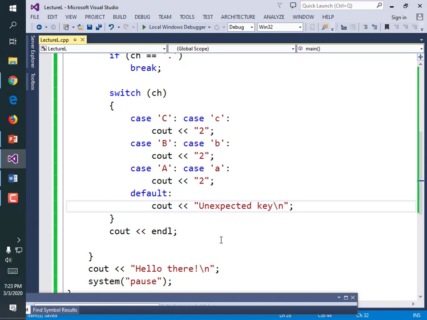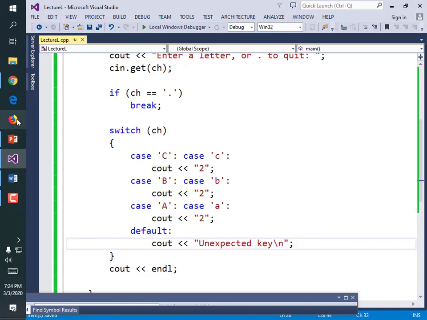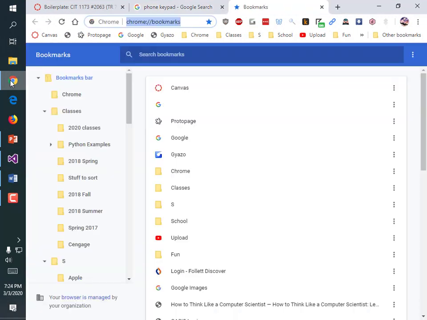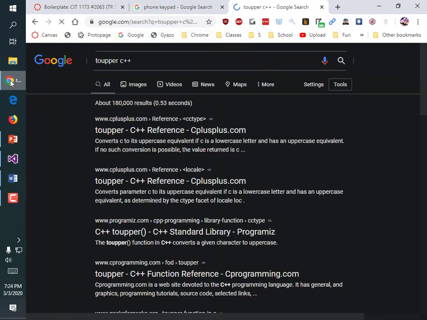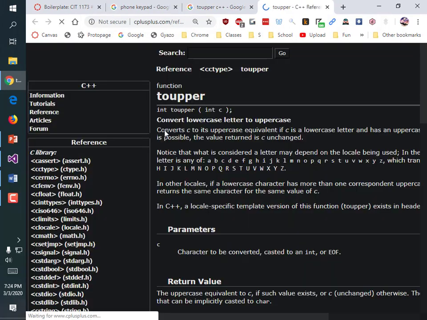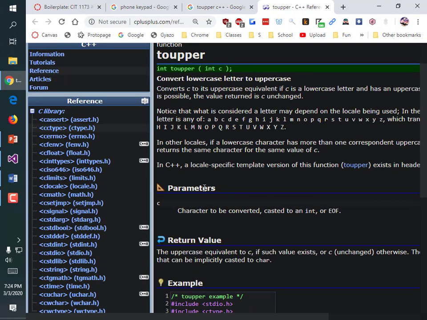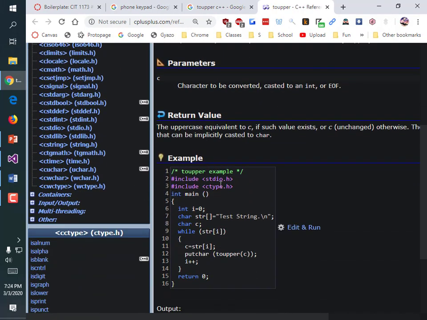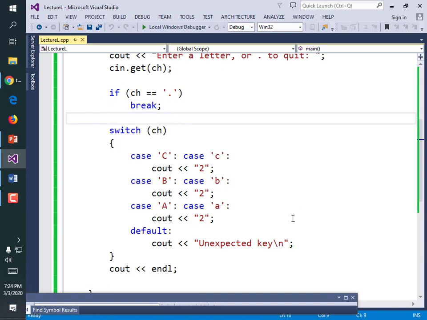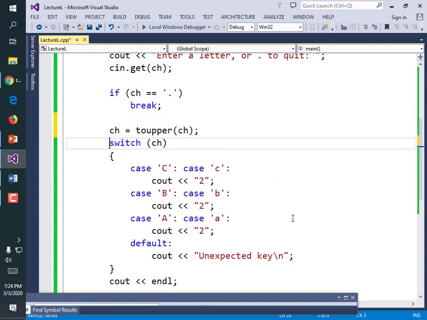All right, it's nagging me that I didn't remember how to convert that character to an uppercase character, so I'm going to go and look to see if I can remember. toupper C++. Convert c to its uppercase equivalent if c is a lowercase letter. All right, just like that. And what header file is it in? It's in stdio.h and ctype.h. So if we wanted to, we could do this. ch = toupper(ch);